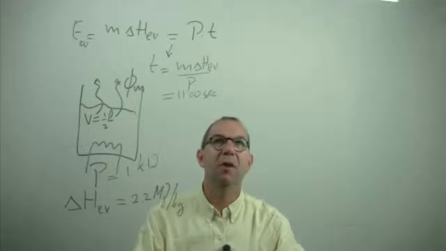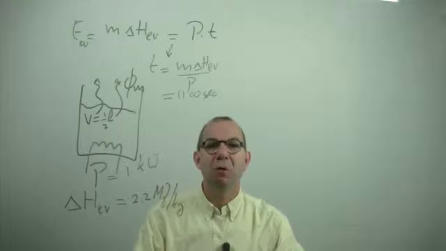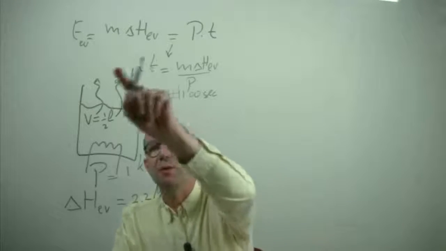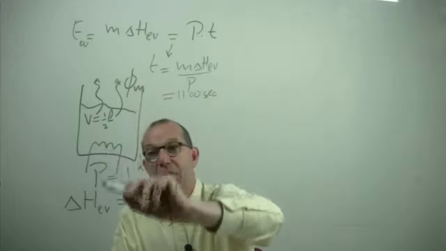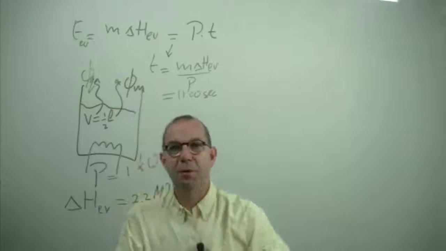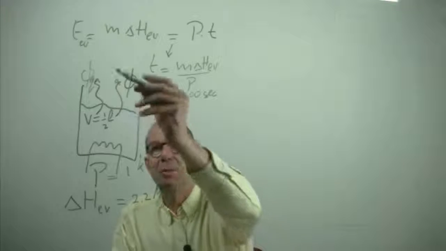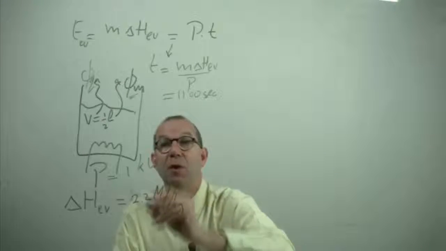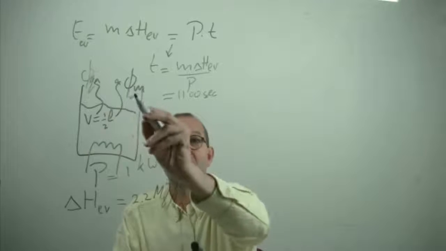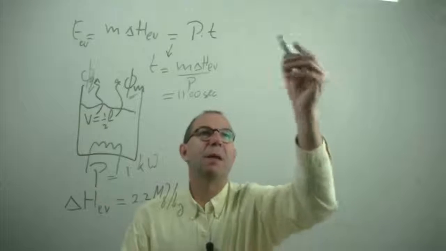Can we do it with our balance equations? Of course we can, and I'm going to show you how. First we need to realize that if we set up an energy balance, heat is flowing out here in the form of vapor. This volume is shrinking and there is a mass flow out, and we need to get a grip on that mass flow before we can solve the energy flow, because the energy leaving is attached to the amount of mass leaving per second. Thus we first set up a mass balance,